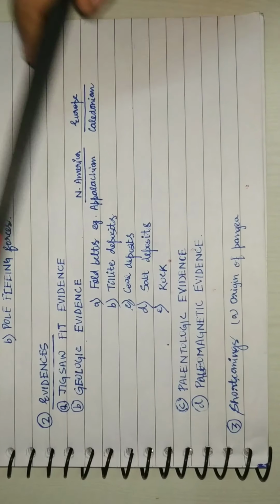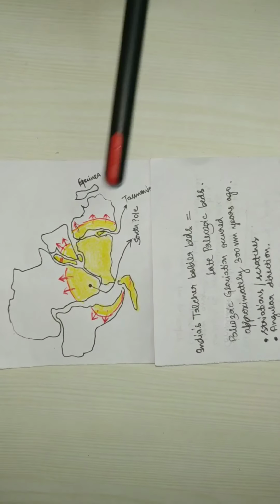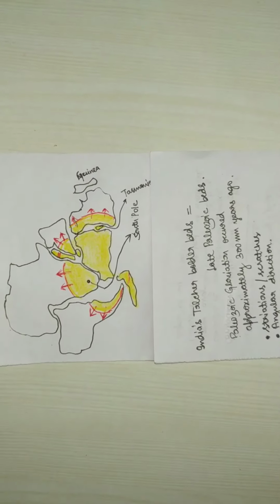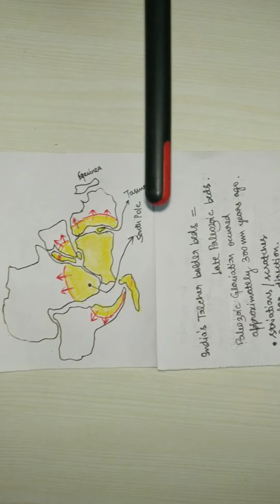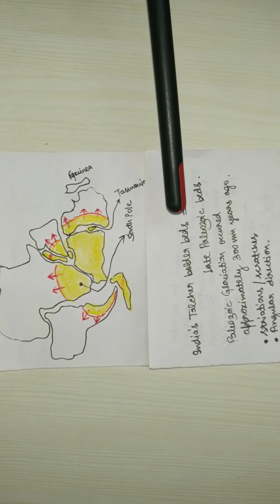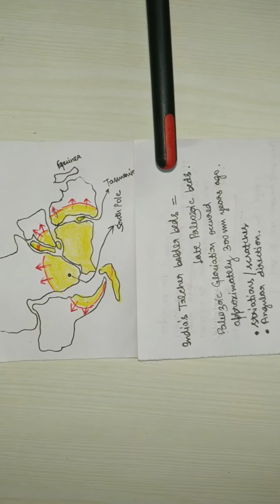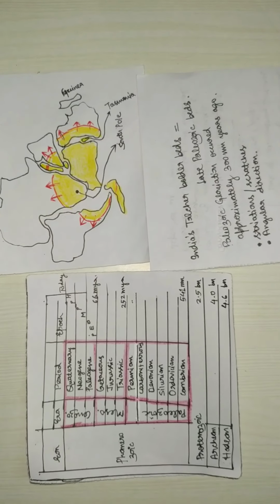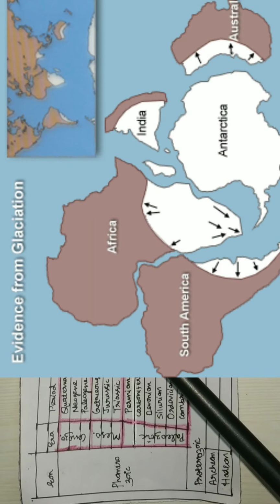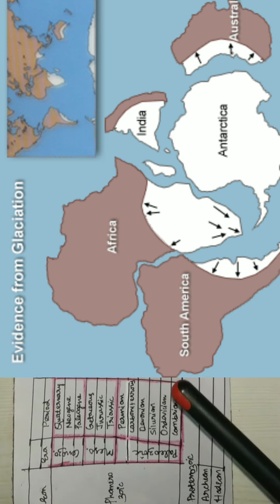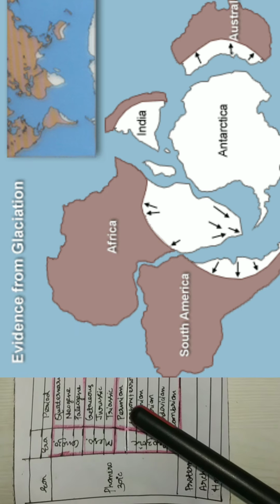So why is it an evidence? It's an evidence because these tillites have been found all across. India's Talcher boulder belt is the same as the late Paleozoic beds. In the Paleozoic, so this is the Paleozoic period, that is from 250 to 540 million years ago. So approximately 300 million years ago,